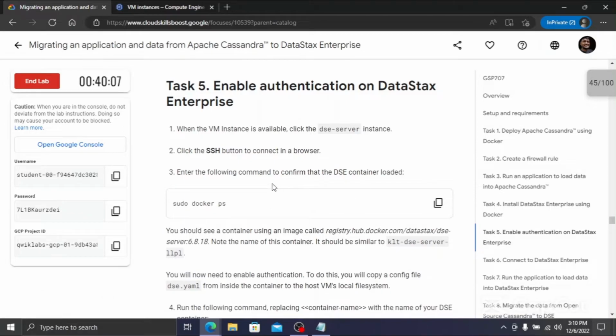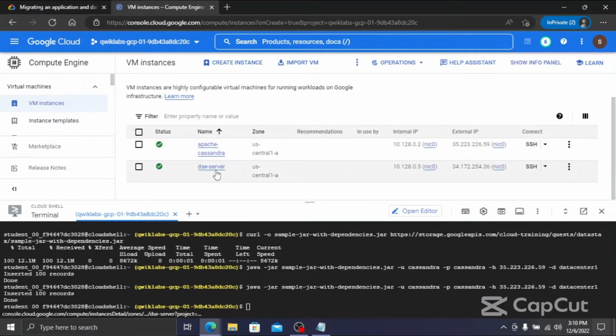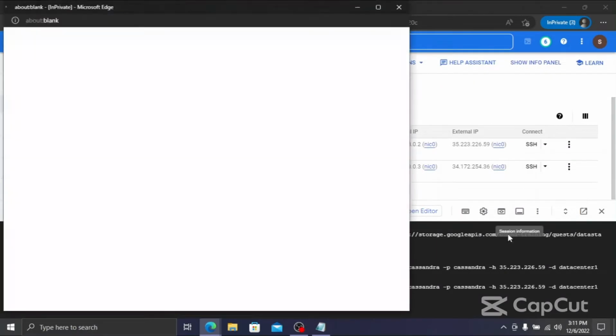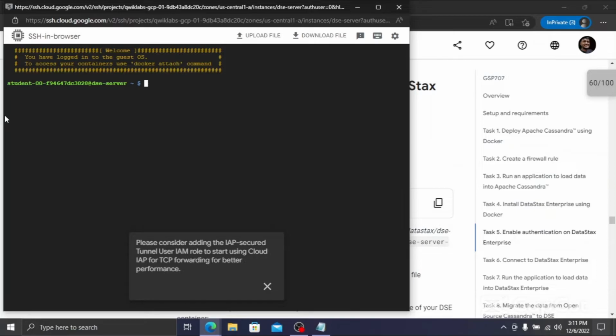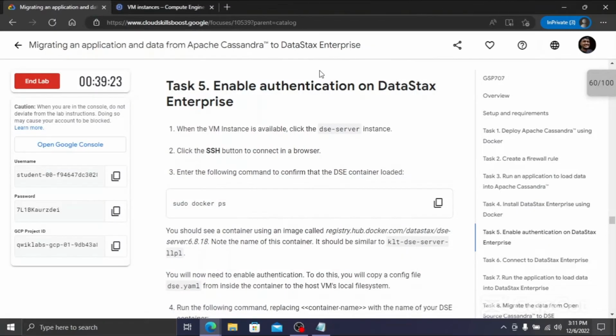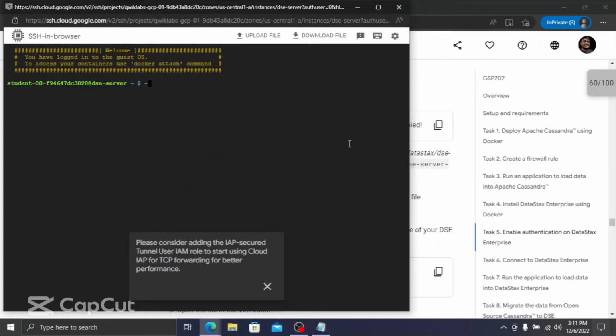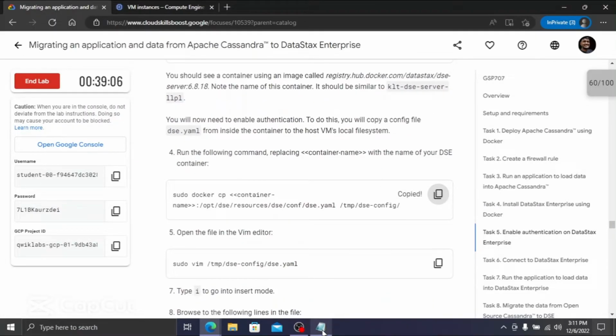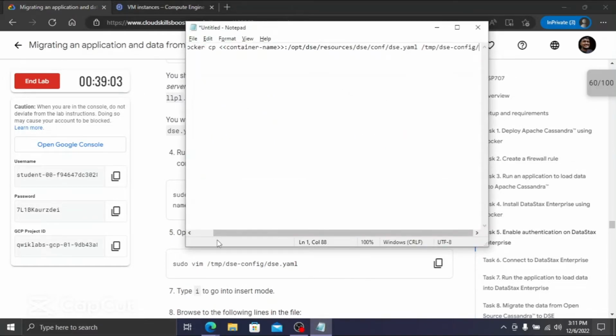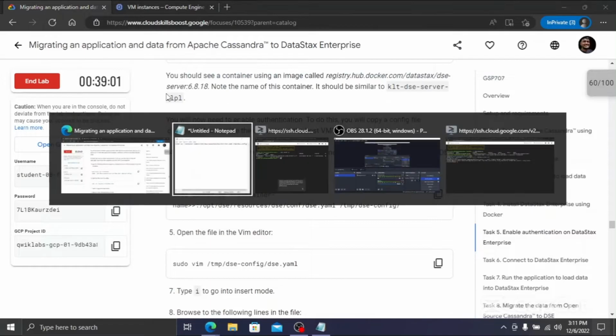Now let's go for step 5. We have to open an SSH window for this DSC server. So click this SSH button, and we need to wait a little bit. Okay, so the SSH window is ready. Now copy this code, paste it here. Okay, sorry, paste it without any extra character. Okay, good. Now copy this code and paste inside this, and we need a name. So here is the name,